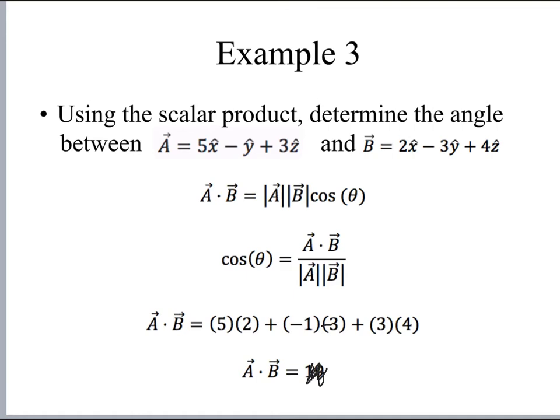So again, I've got the 5 times the 2, and there's -1 times -3, and then I've got the +3 and the +4 multiplied together. And so that's going to be equal to 5 times 2 is 10, plus 3, plus 12. And that's going to be 25. And that's going to be my answer